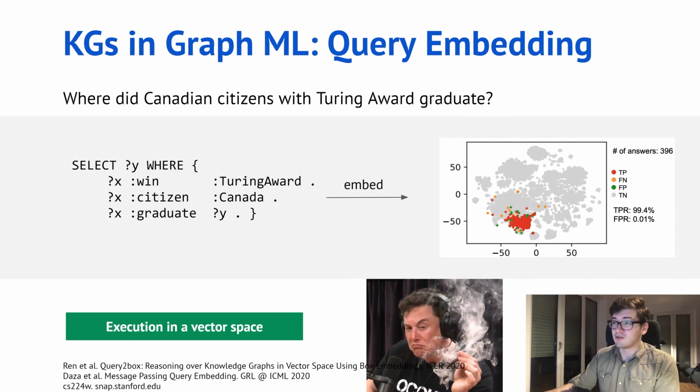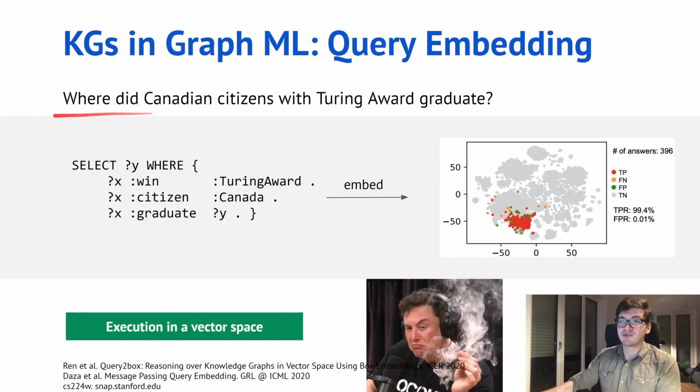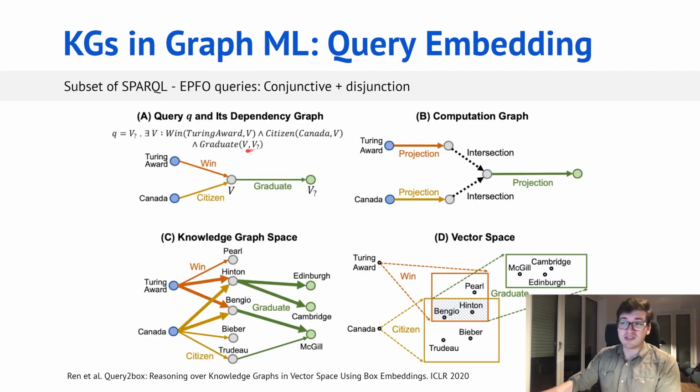Well, this is a picture from a recent Query2Box work. It's also a picture from CS224W from the Stanford course. Some of you might have apparently seen it already. And you see the quality is pretty remarkable, that it's 99.9 for that not so simple query, which is pretty spectacular. So how it works, in just one or two words, it's a certain subset of SPARQL which works with conjunctive queries with some disjunction. So this SPARQL query can also be reformulated as a conjunctive query, and based on that conjunctive query,